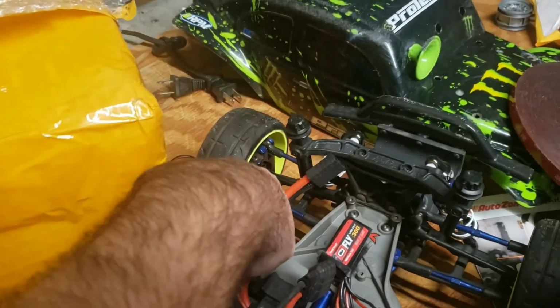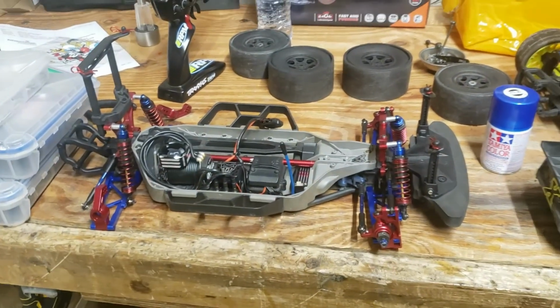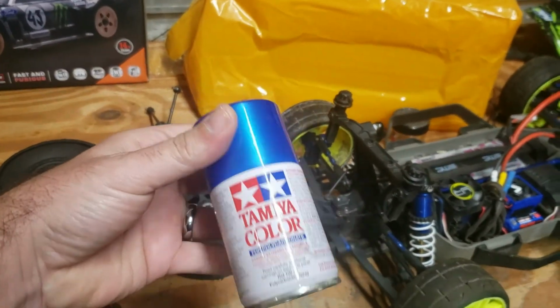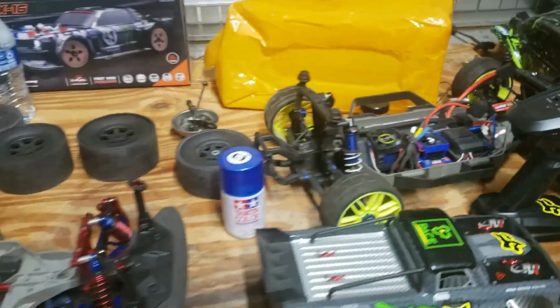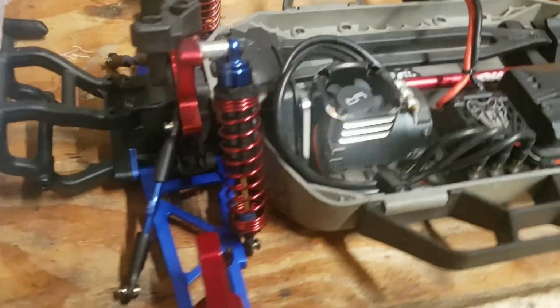But that's the blue version if you want to do Tekno M6 axles, and then you do the X01 inner in here for the front. You just got to keep the rear and paint them. So that kind of covers everything. If you want to go red, you go with these guys. If you want to go blue, you go with this. So hopefully that's helpful. I know a lot of people want to use Tekno M6, but they want to stay all matchy like me,